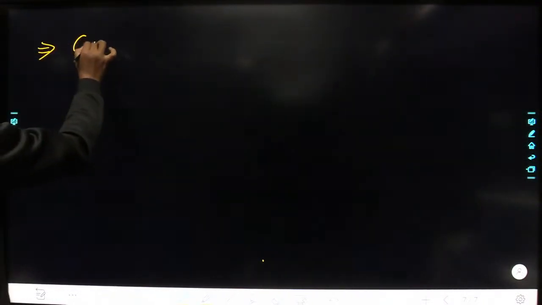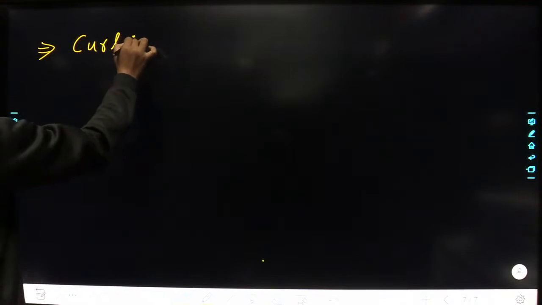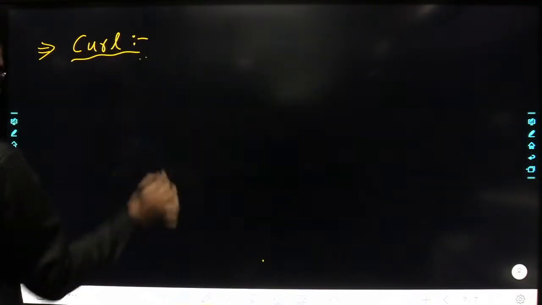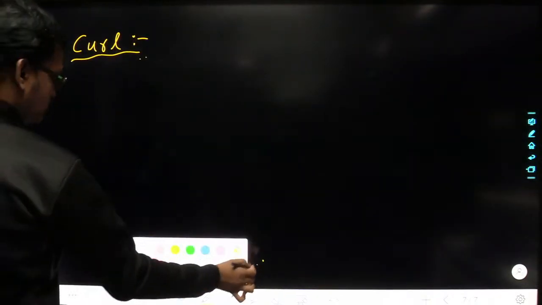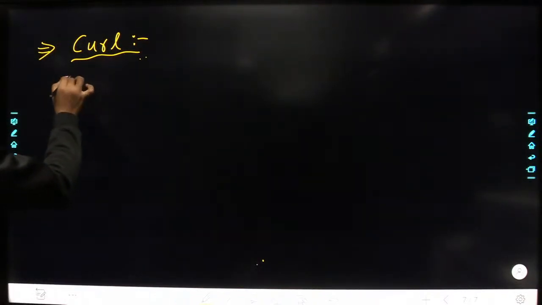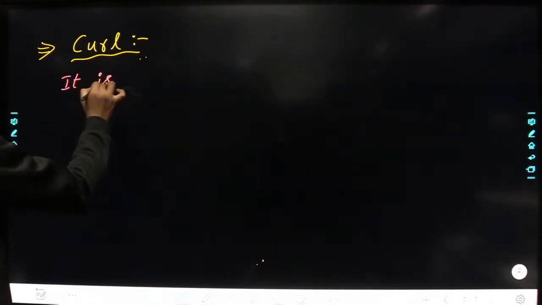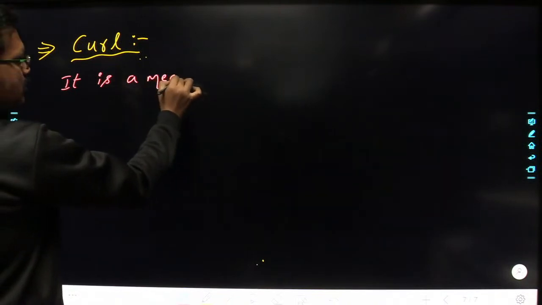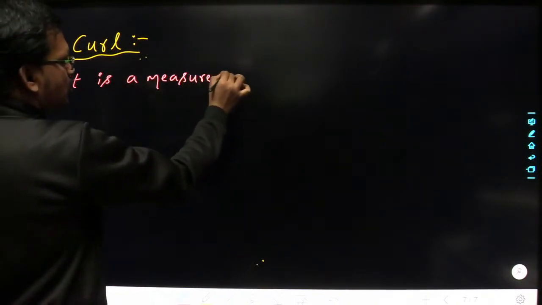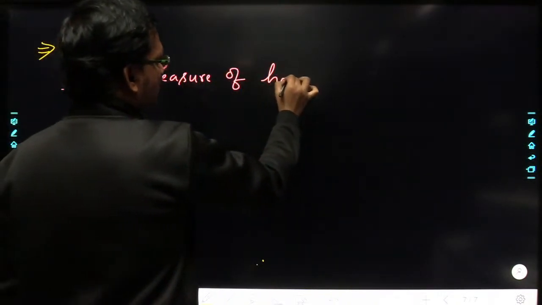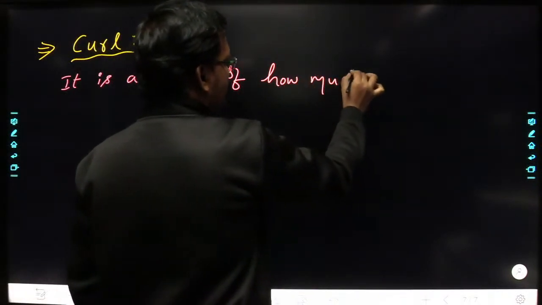Next, once you have understood circulation, how to represent the circulation of vector field around any closed loop, next we will move on to curl. Okay. So I will just give you a brief definition of curl. So curl, it is a measure of how much of the given vector field